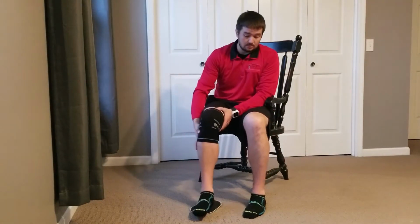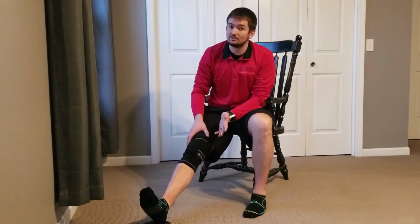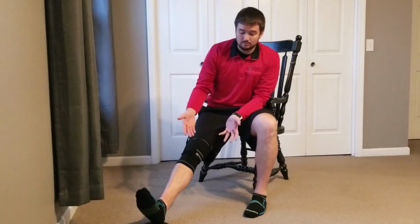So I'm sitting on carpet. That's where this chair's at. This is going to be a good place for me to do this stretch because I'm just going to help lift my foot where my heel's in the middle of this furniture pad slider. I'm going to slide my heel out. It's going to slide and glide real nice and easy,